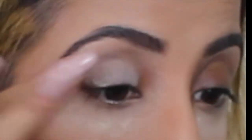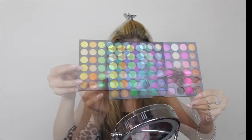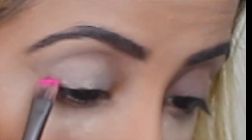So next I'm going to go in with Soft Ochre by MAC, so it covers my dark circles and gives me a neutral base because I'm using quite lightish colours. And then I'm going to go in with this hot pink that I'm trying to point to from the blush palette, and I'm using the flat side of a brush. This is an Urban Decay brush, and I'm going to pop that in the crease of my eyes and on the outer part, doing side to side motions on both,